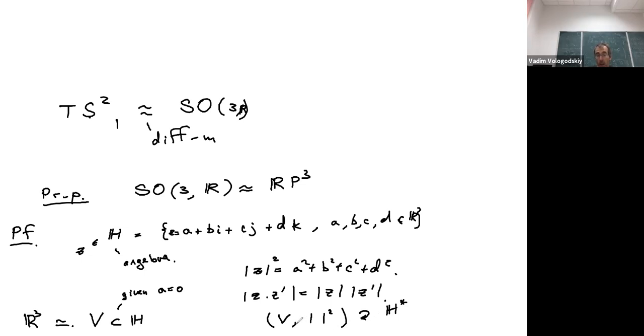So it's just action by conjugation. So if you have an element here called U, and here you have element Z, then Z goes to U Z U inverse. It's easy to check that this conjugation preserves